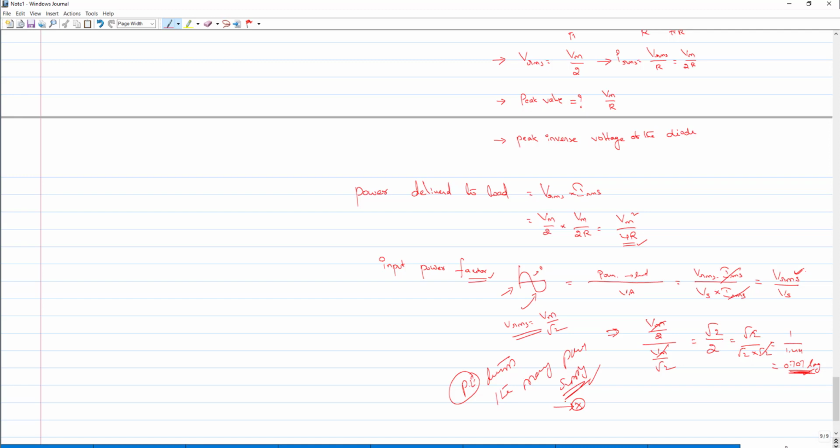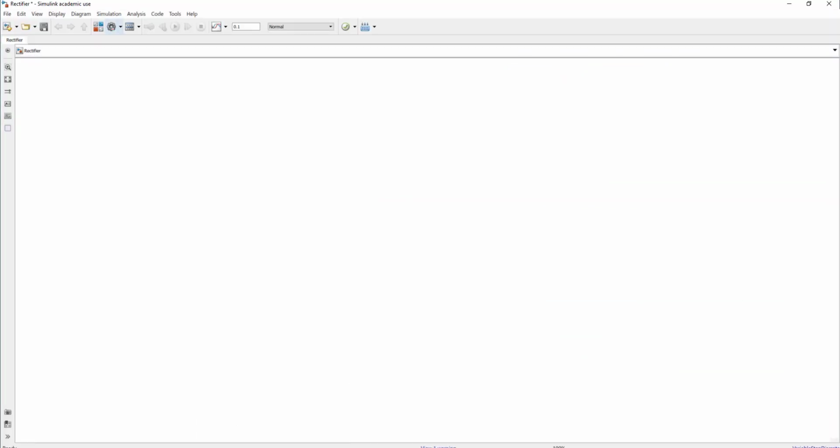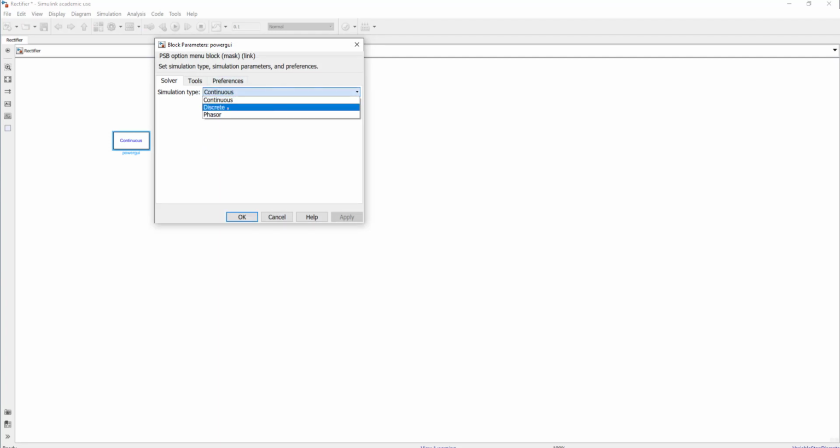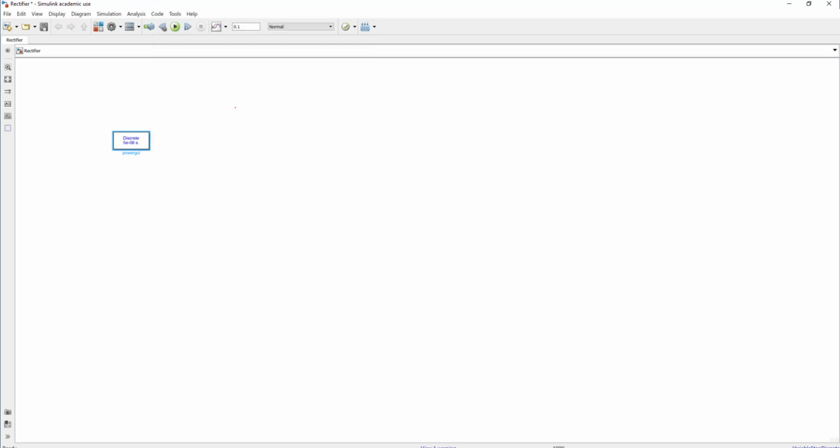Okay, now all these things let us see using our simulations. In the simulation, again you consider the power GUI first, because we want to discretize that. So you just take power GUI, and it should be discrete. So let me take it into discrete, and that too I want to take in terms of 9. So okay, now you take AC power source, AC